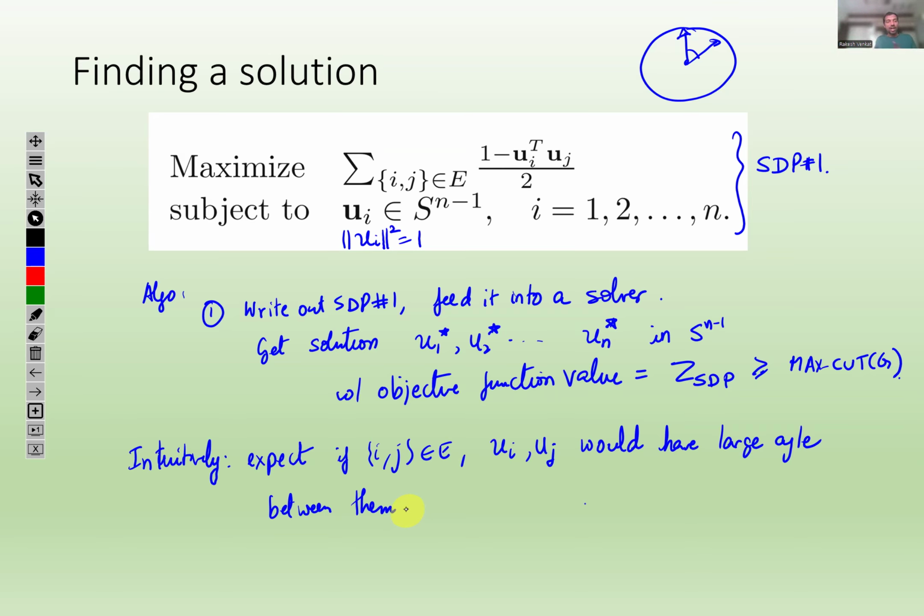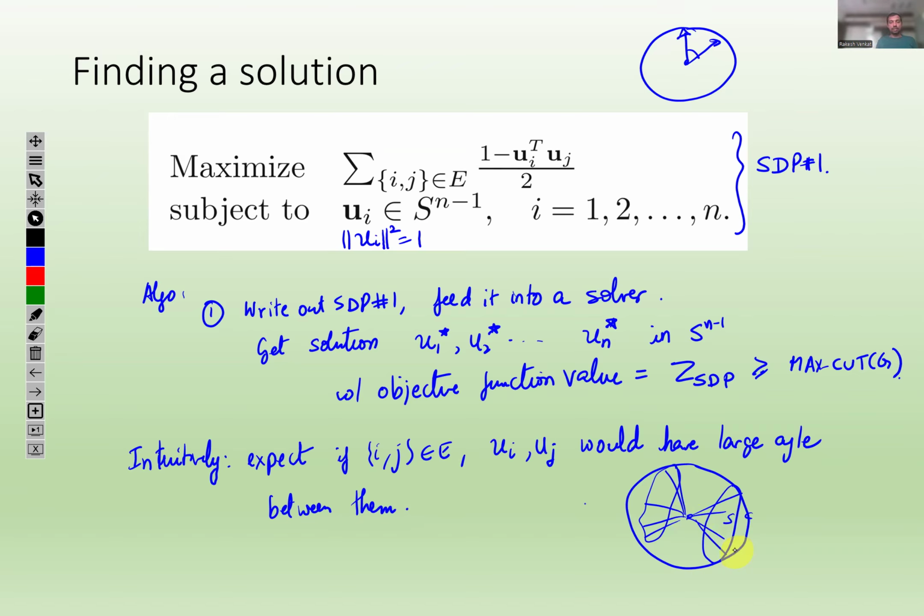Okay. So if ij is an edge, I was saying that you would expect a large angle between them, especially if ij is supposed to be in the maximum cut. Ideally, what the solution should look like, at least intuitively, is that this is my unit sphere. Everything in S lies on one side, kind of, and it's far from S complement,